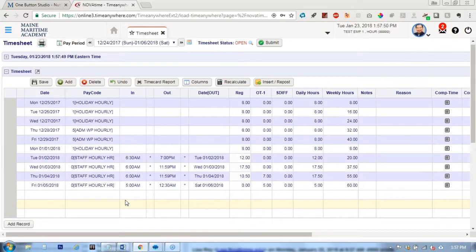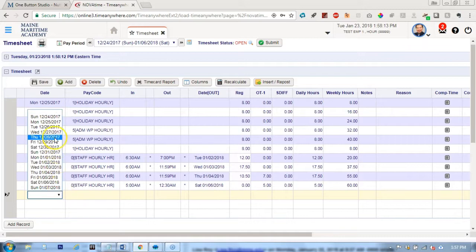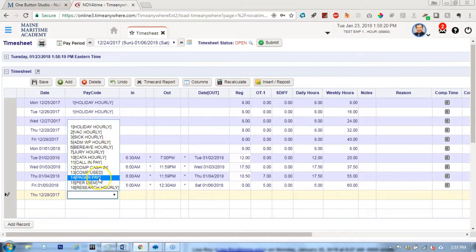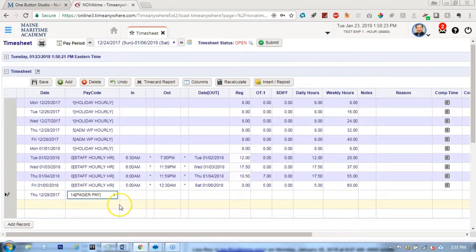Let's say you were on the pager and you needed to add pager pay to your time. Let's say you were on pager pay on the 28th. So you go to the next available cell and you click on the correct date, and then you go into the pay code section and you find pager pay, and that is all you have to do to add pager pay to your timesheet. You don't add any hours, you don't add anything in the regular column. That's all you have to do. Then you click save,